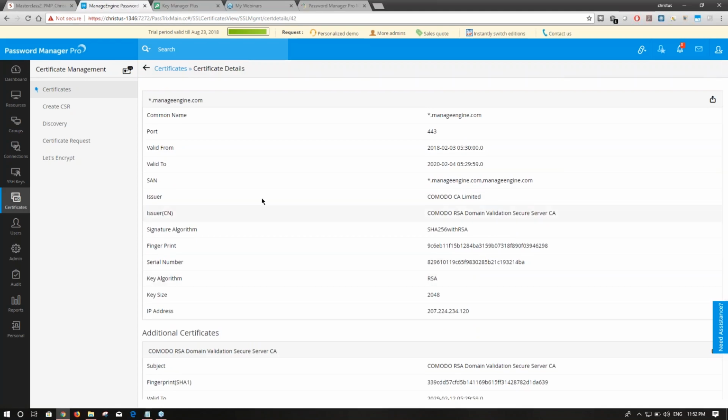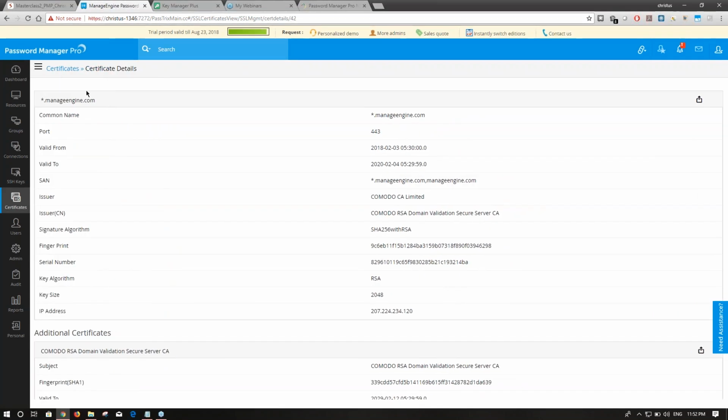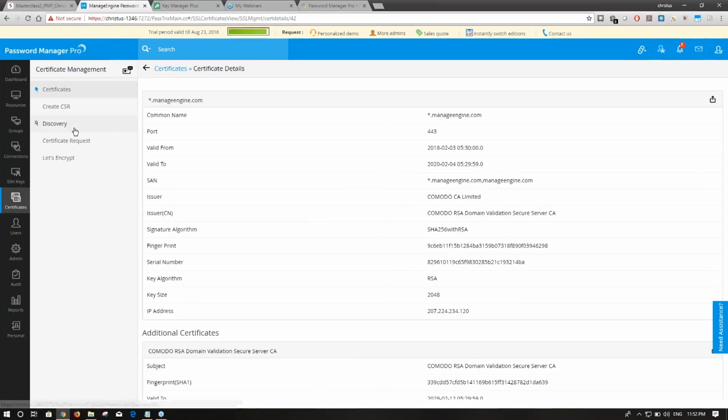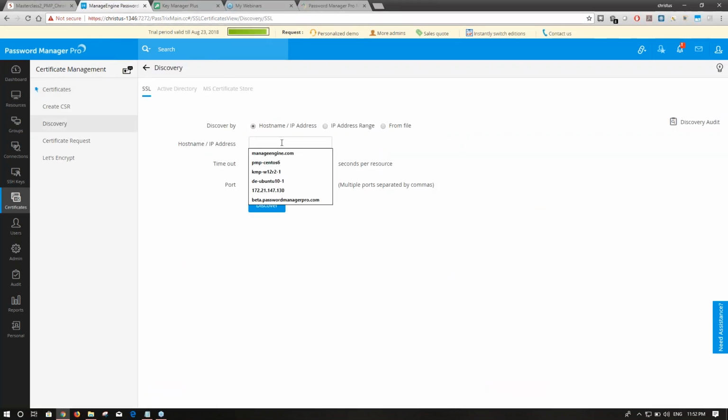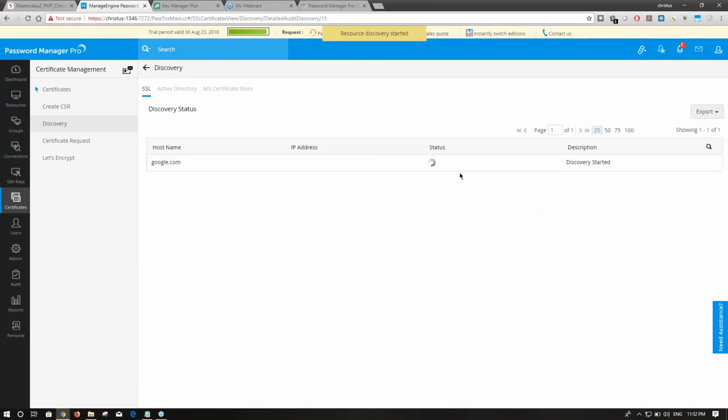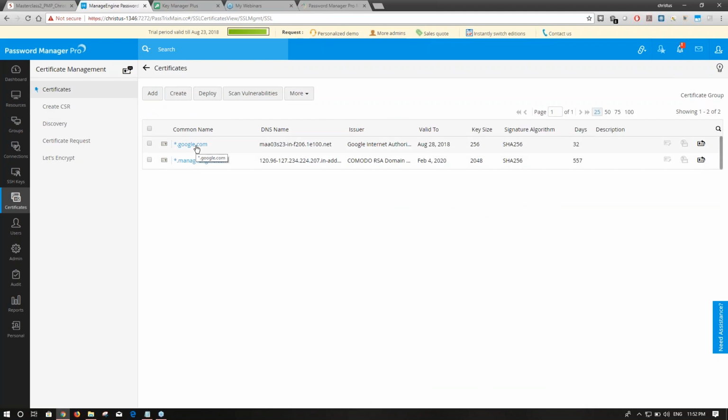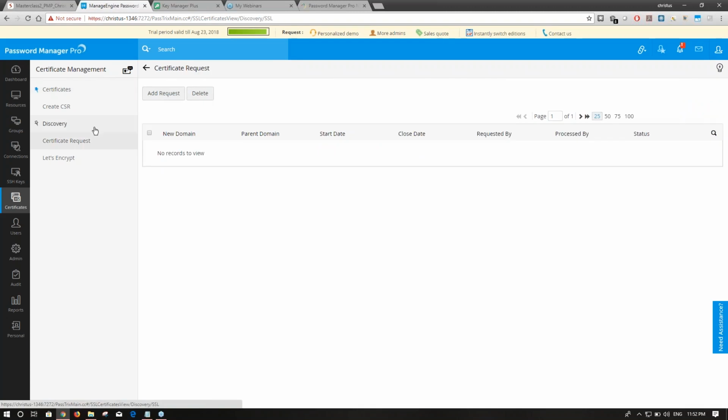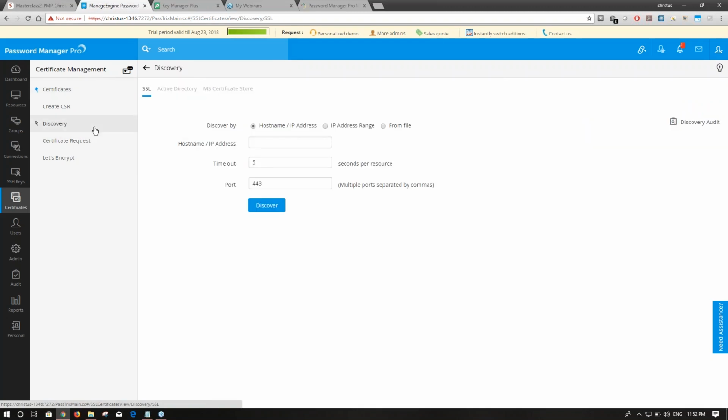We don't want to open the certificate at all. You can just do discovery and see all the information about the certificate right from here. And also, I will just do one for google.com maybe. I'll do a discovery again. Started, it's running. Yes, we have the certificate. So it would be able to discover the certificate based on the domain, and it would add it inside the repository. So that's how easy it is for the web server certificate for internally hosted sites or externally hosted sites,